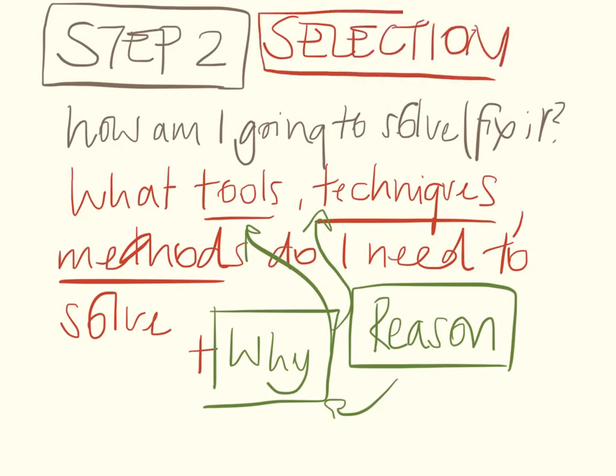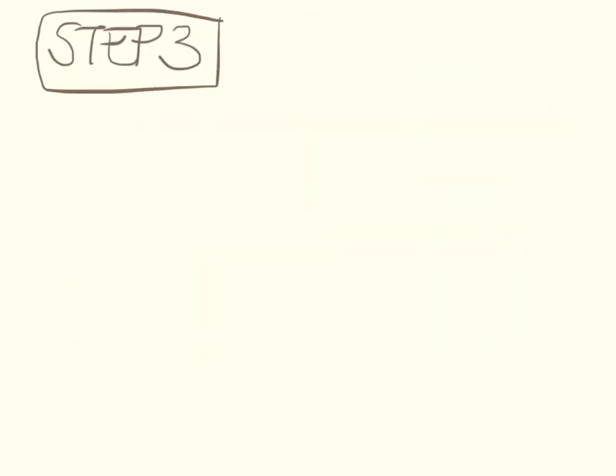So step number 1 is identification. Step number 2 is selection of your tool, your technique, your method, whether it's engineering, mathematics, science, etc. So you've now selected your tools. You've selected the methods and approaches you're going to take to solve this problem. Step 3 is quite simple. In step 3, you implement,